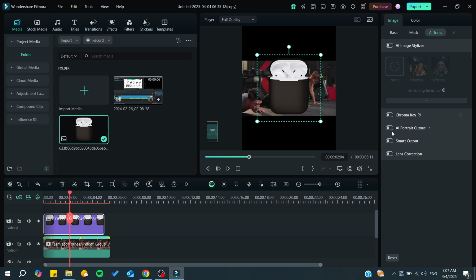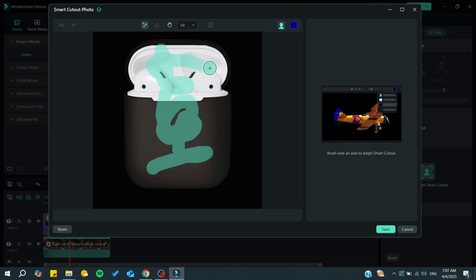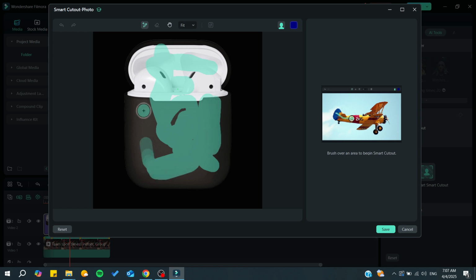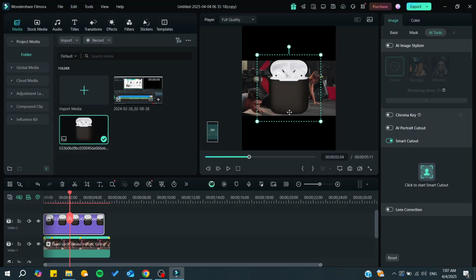And basically you will have, for example, an AI portrait cutout, a smart cutout, lens correction, etc. For example, if you want to cut anything, basically here you can choose whatever you like to cut. So for example, you want to have this to be the remaining thing in your object, and now you can add brush, edge thickness, etc. You click on save, and basically now it will start adding or leaving these objects from